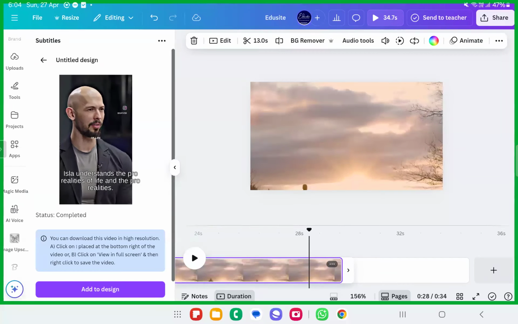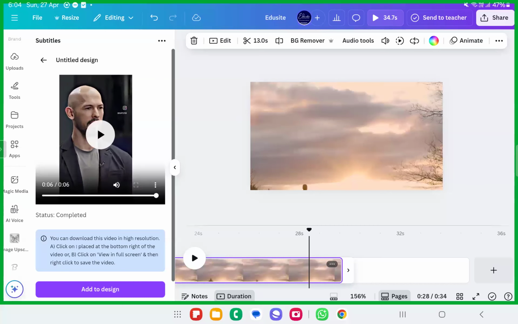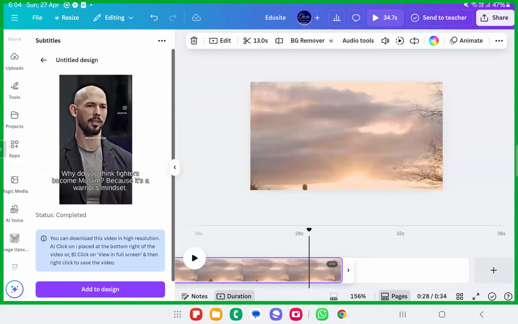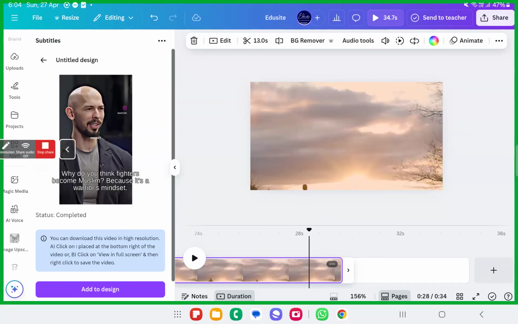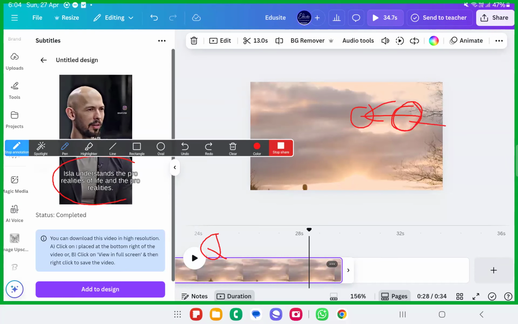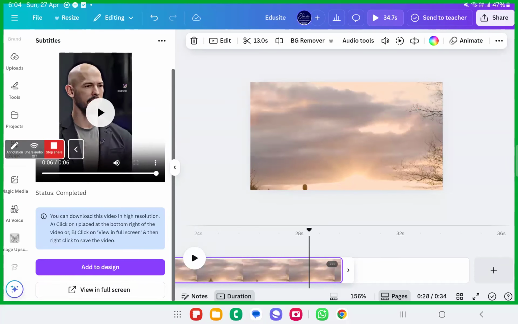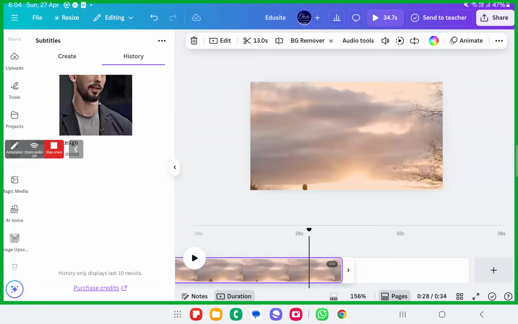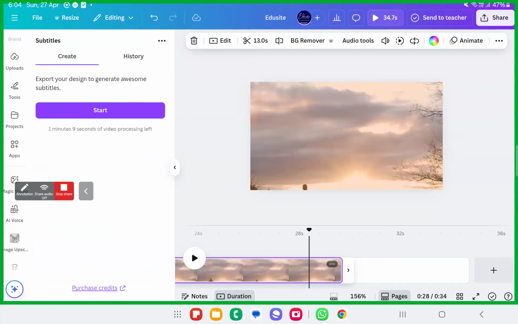See here, they're asking the question. He is actually giving the reply, and that is noted in the subtitle format. Canva will generate the AI subtitles. It will even edit it, how you want the subtitle to appear and more. Everything will be there. You can just create the subtitle in your own ways.